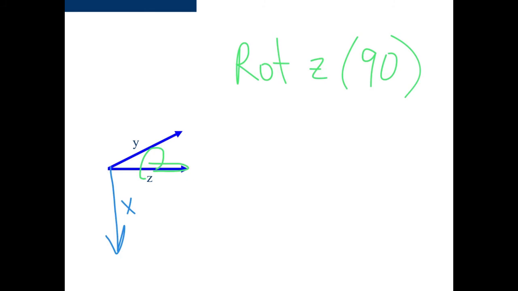And let's just try this other example here. How's about we do a rotate about z of 90 degrees. So if we want to rotate about z of 90 degrees, we stick our thumb so that it's pointing along the z-axis, which means that our fingers are going to curl around that way. I'm doing a positive rotation of 90 degrees. So as I twist this like that in the positive z direction,